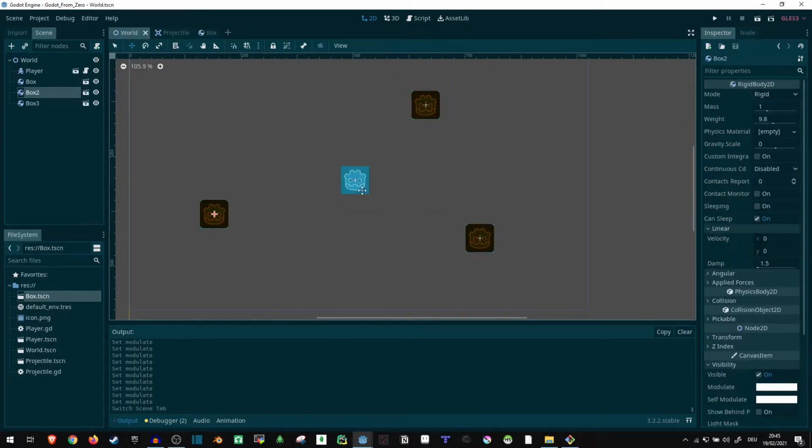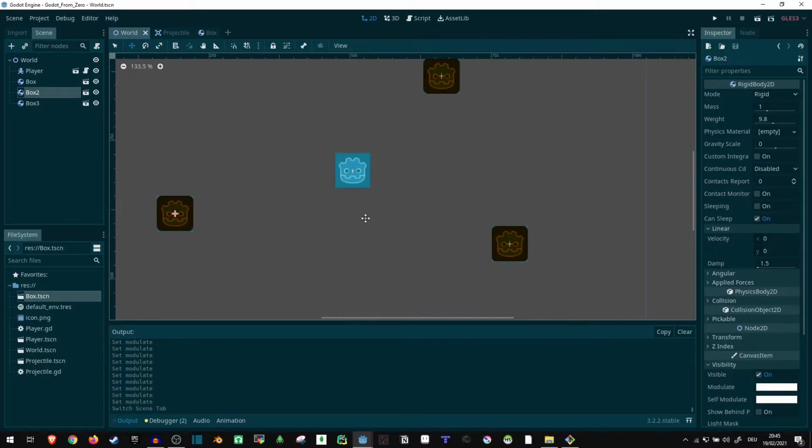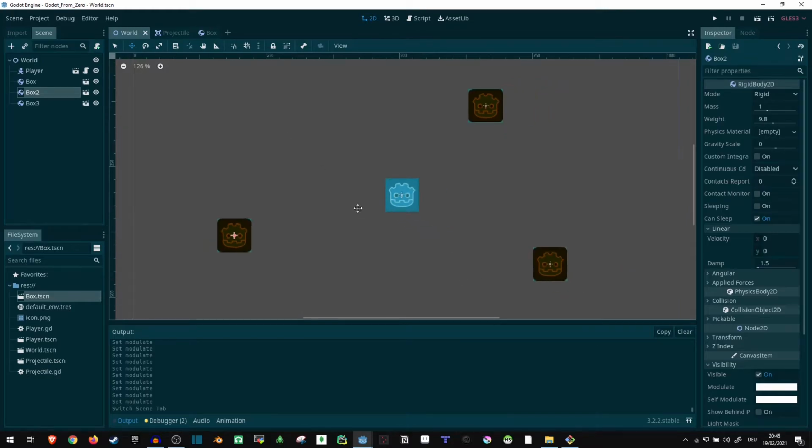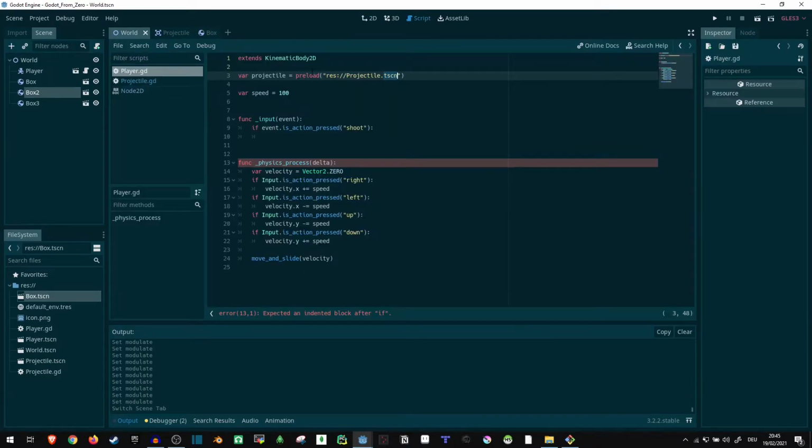This way they are easy to tell apart, since I'm just using the Godot logo for everything while showing this stuff. The preload basically just makes sure that at runtime, our player knows what a projectile is and is able to create one. So now what we can do in here is do var proj, short for projectile, because we already have this one,